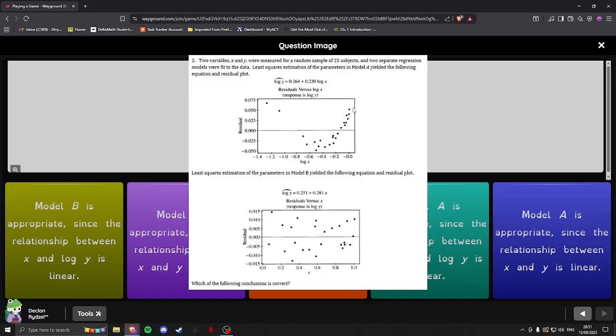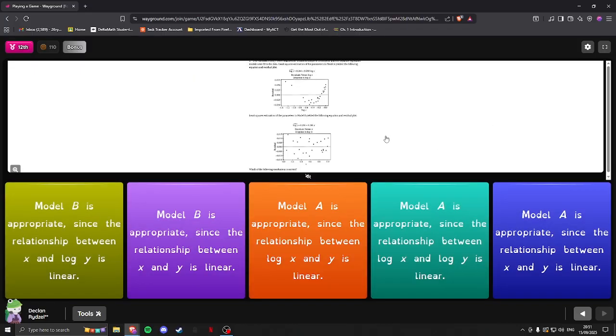Model A looks like it has a pattern, which means that it is not fit correctly. Model B has no pattern, or looks like it has no pattern, and they're all relatively close to 0. This means that it is the better fit. So, if you'll take a look at this again,